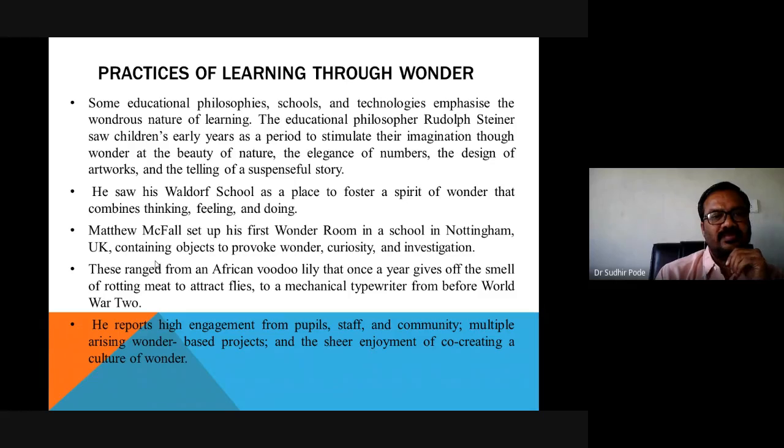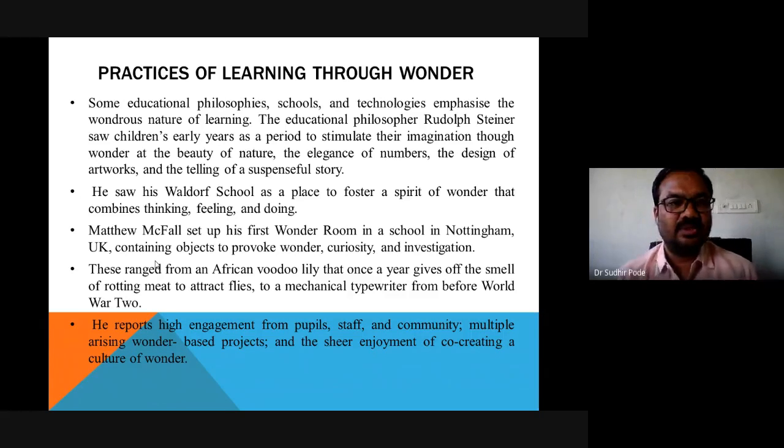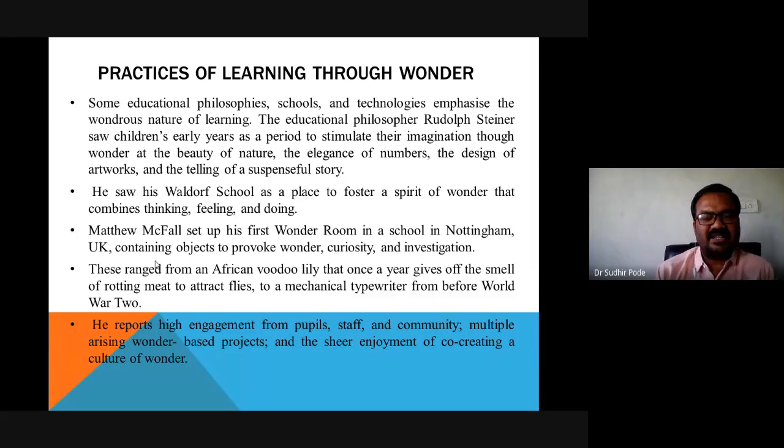Some educational philosophies, schools and technologies emphasize the wondrous nature of learning. The educational philosopher Rudolf Steiner saw children's early years as a period to stimulate their imagination, through wonder at the beauty of nature, the elegance of numbers, the design of artwork, and the telling of a suspenseful story. He saw his Waldorf school as a place to foster a spirit of wonder that combines thinking,